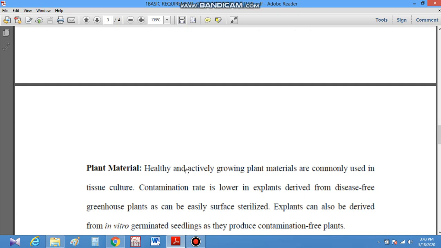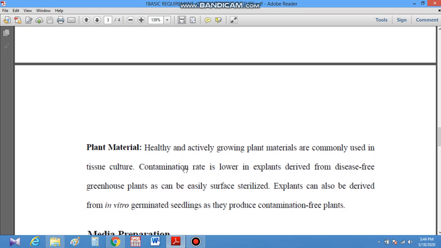For sterilization, we use the dry heat method through a hot air oven. Flame sterilization can be done. Wiping with 70% ethanol can be done, and filter sterilization is another method. After that, autoclaving and surface sterilization are done. Autoclaving is a wet heat method of sterilization, and for surface sterilization we use sodium hypochlorite, or 0.1 to 1% mercuric chloride solution, or calcium hypochlorite solution in different percentages according to the explant plant material used for regeneration.